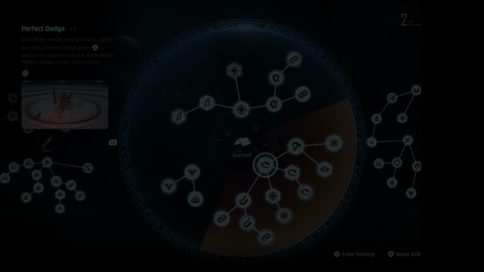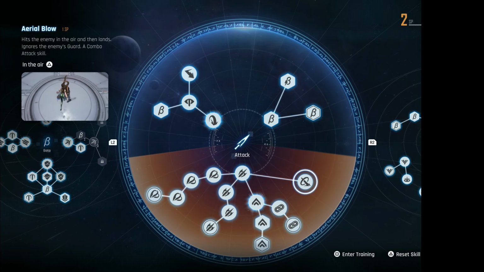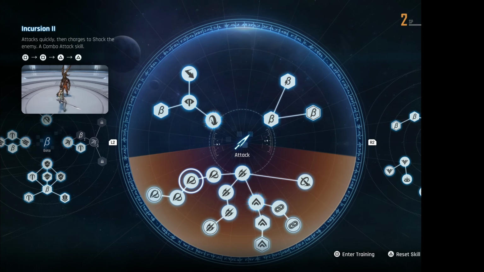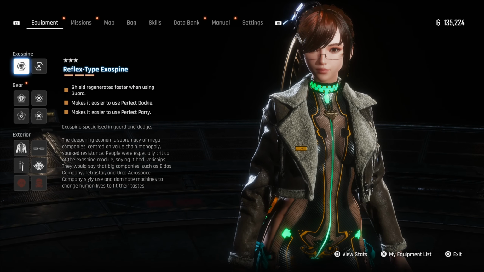If you want more burst energy, you want to dodge more. If you want more beta energy, you want to parry more. But you can also get beta energy by simply attacking. Okay? But that's the skill tree. That's pretty much all of the things that I would want to tell you guys about the skill tree. This guide is already way too long, but there's one more thing that I would like to bring up,